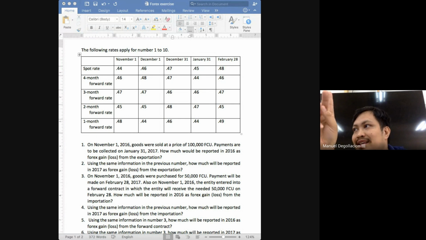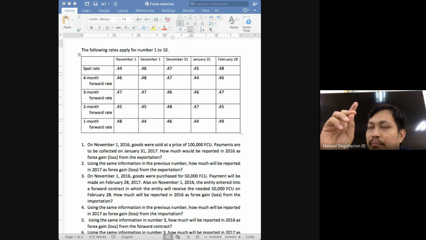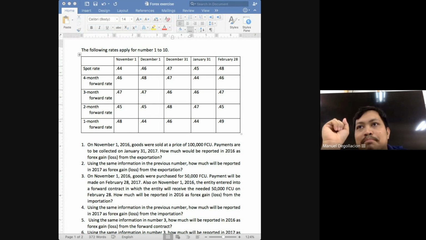Why are we calling these dates adjustment dates? Because on these dates, we will have to adjust the balances of our receivable or payable to reflect the current spot rates. To some degree, class, it's redundant to call it current spot rate. If we're saying spot rate, it's the current exchange rate. So I will just use spot rate.